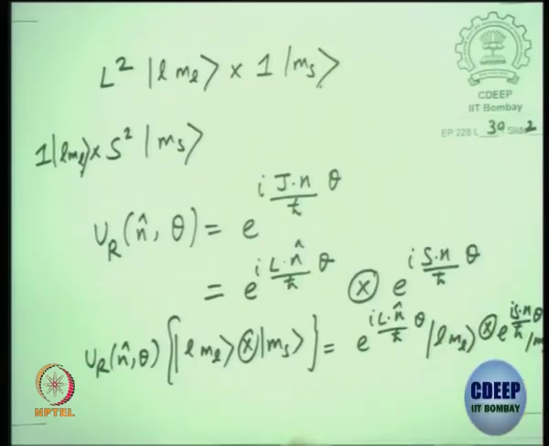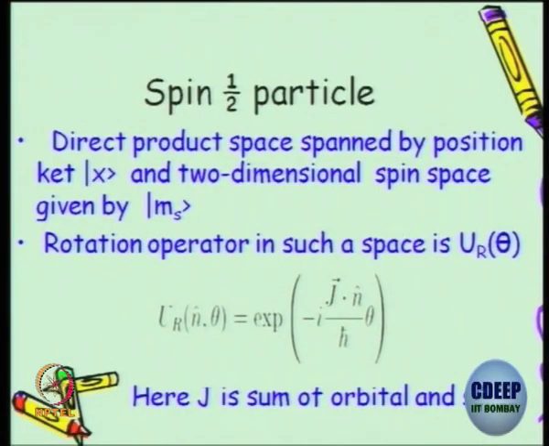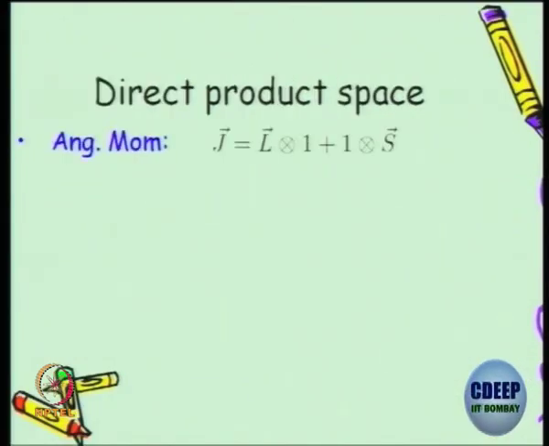The L operator should be treated like an identity operator on the m_s state, and the S operator should be treated like an identity operator on the |l, m_l> state. So J is formally a sum; people will write it as a sum of orbital and spin angular momentum, but you should remember that it is on the direct product space. Formally, when I write J, the J operator on a direct product space should be treated as the L operator on the |l, m_l> state with an identity on the m_s state, and similarly identity for the |l, m_l> state times the spin operator